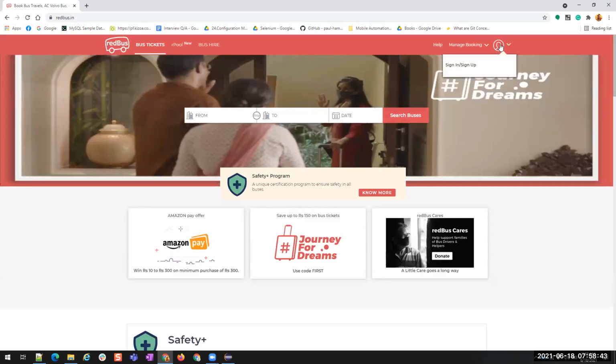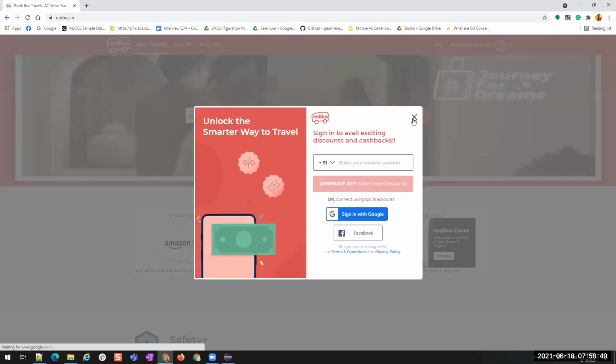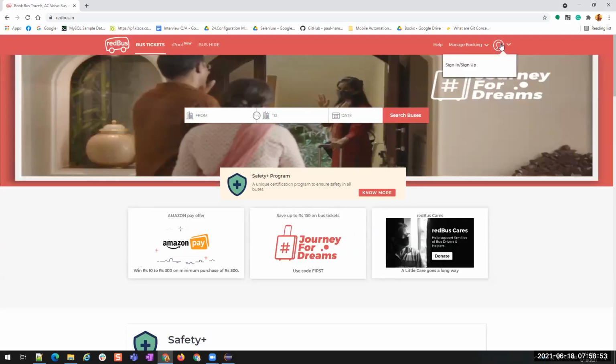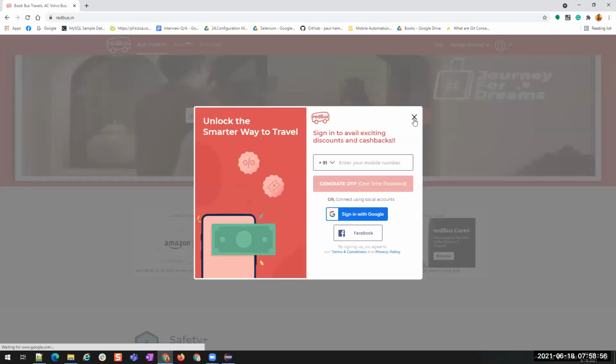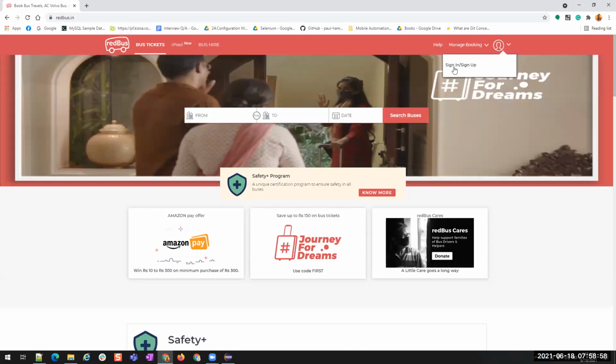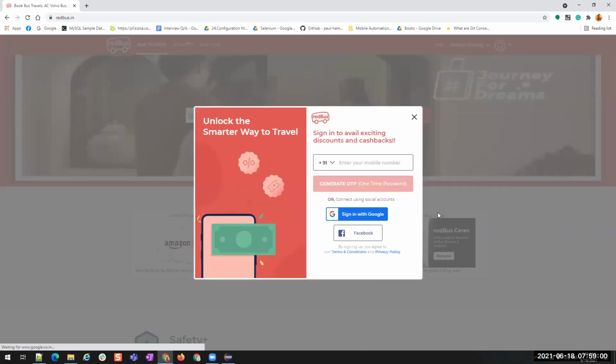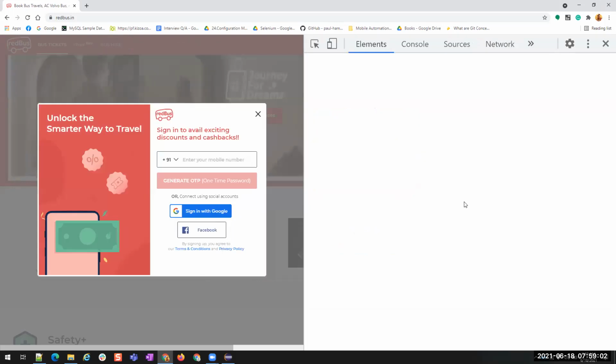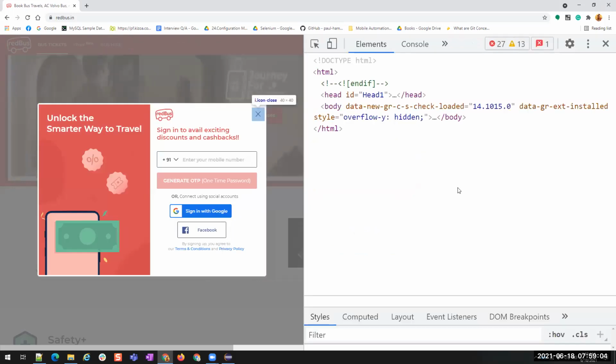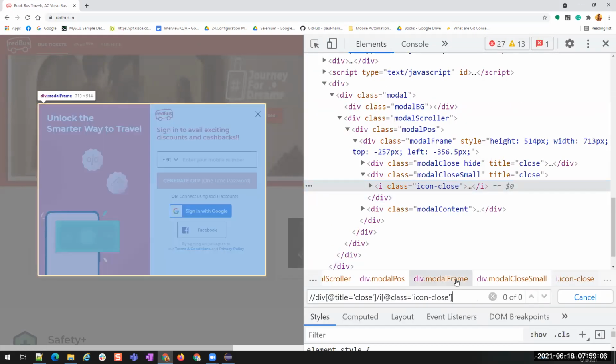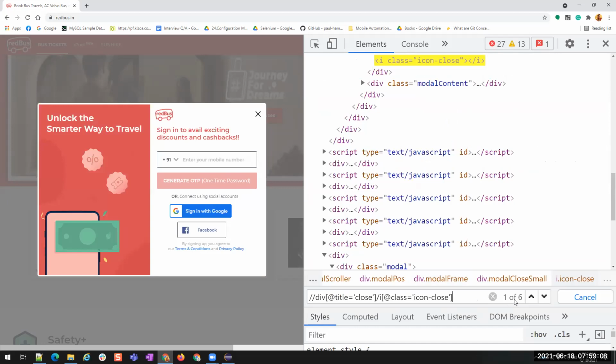I'll close it. I'm opening. Sign up. Now this is the 4th time I am opening this pop-up. I closed it and then again I'm opening it. This is the 5th time I'm closing it, and this is the 6th time I'm opening it. Now see, there will be 6 elements there. And how many are there? So every time you run, it's taking one.